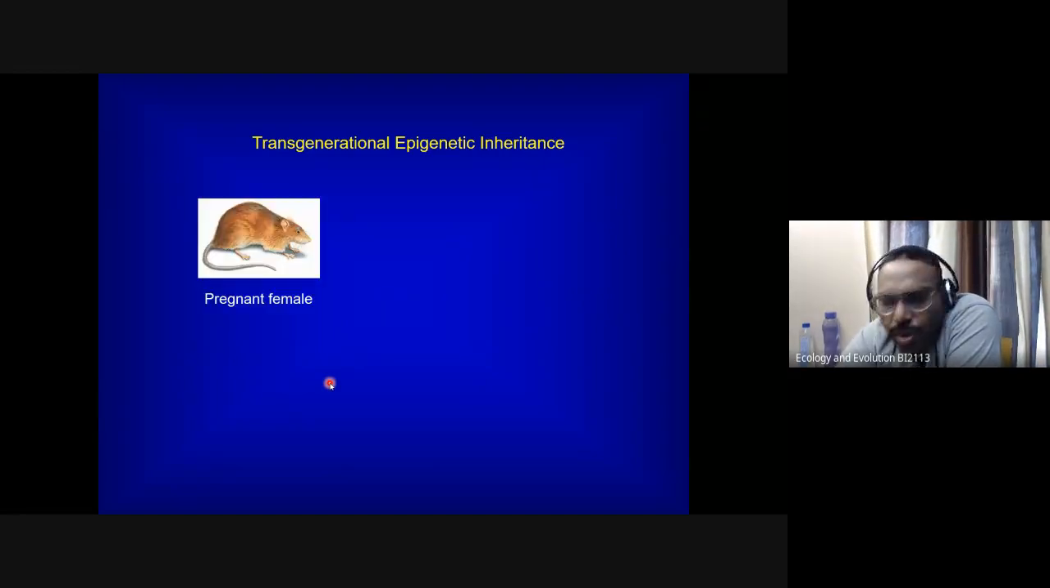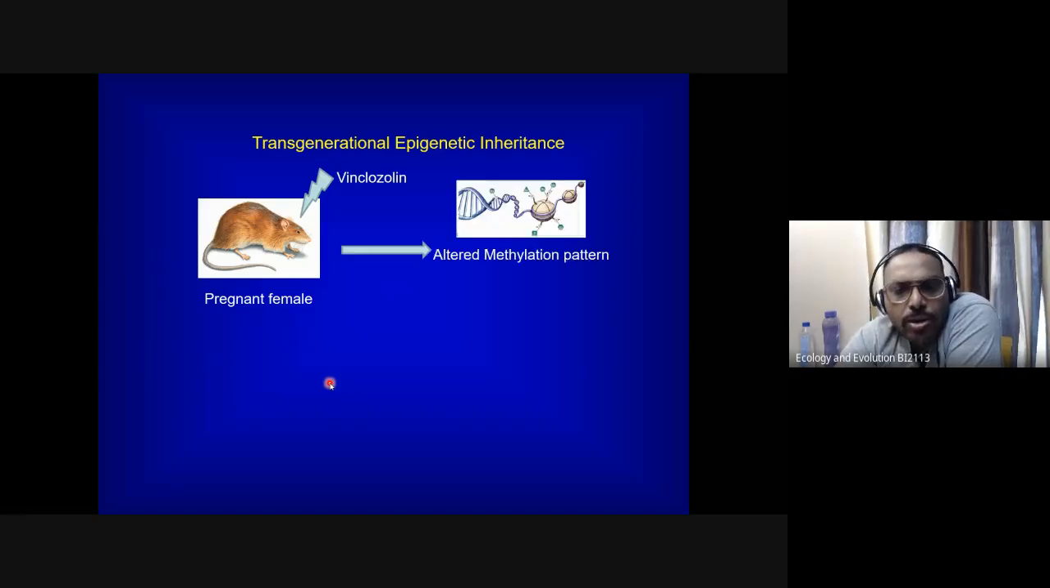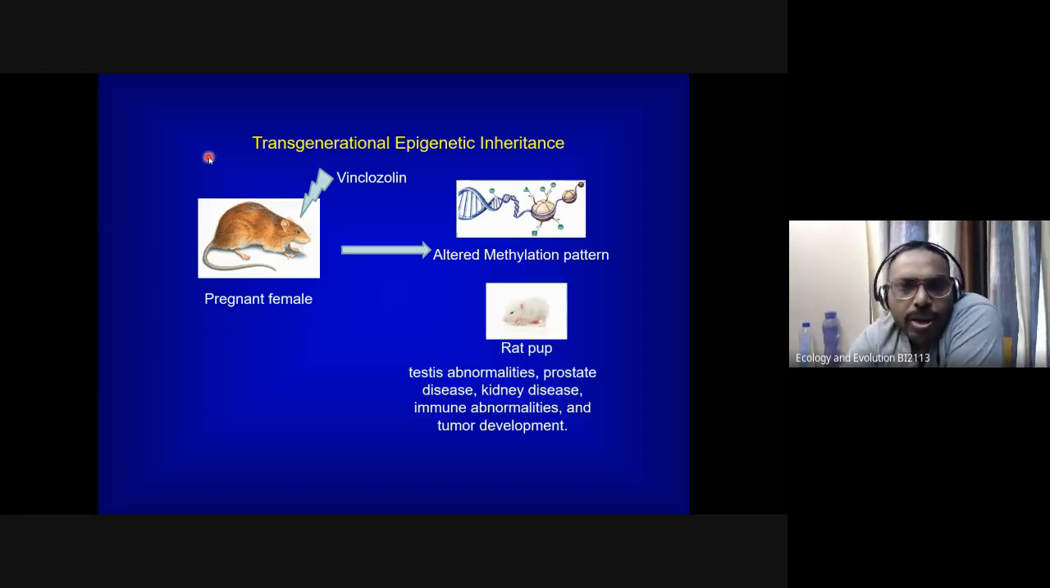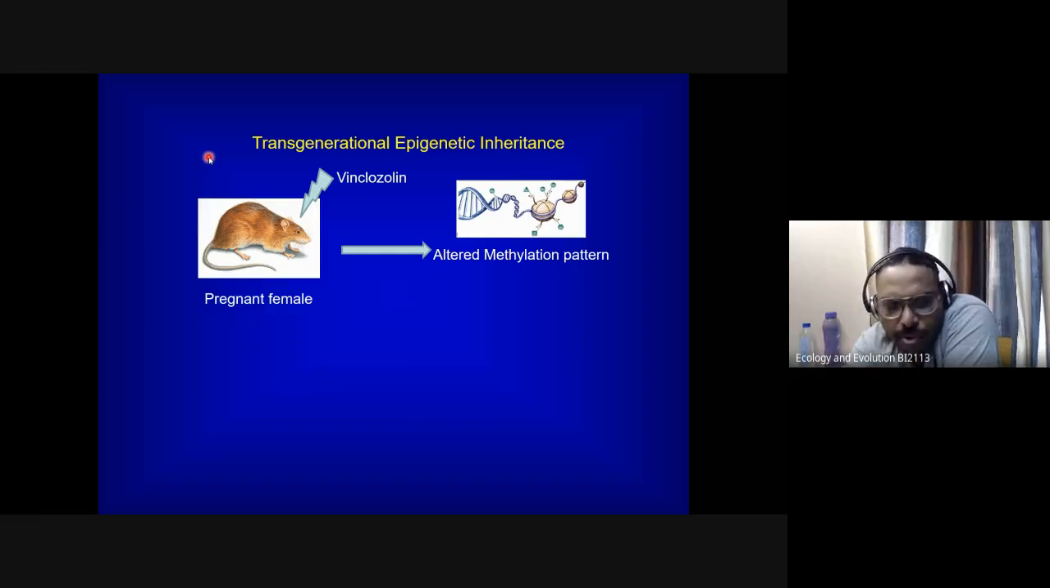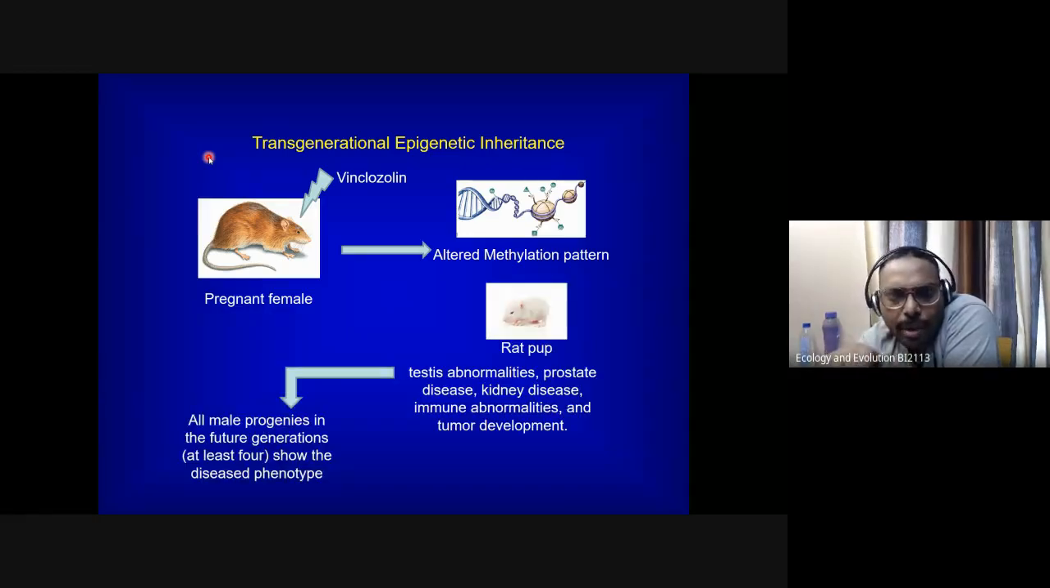So for example, if you take a pregnant female mouse and hit her with this drug called vinclozolin, you will see that the methylation pattern of the genes gets altered in this female. Now, if you look at the babies that this female is producing, you see a bunch of abnormalities in them, including things in the testes, in the prostates, problems with the kidneys, immunity, etc. Interestingly, if you now take these rat pups and make them breed, then for at least 4 generations,